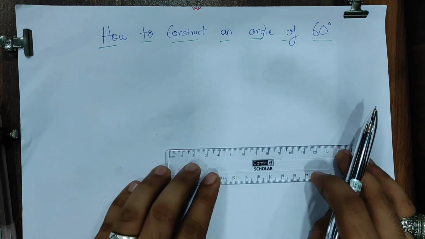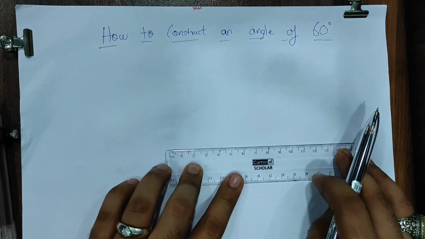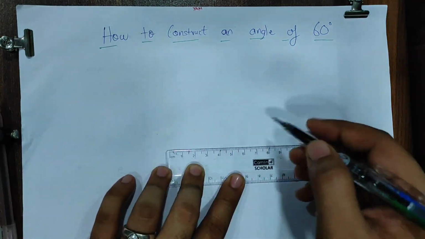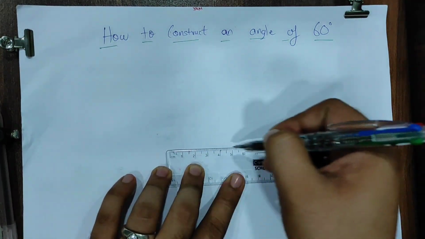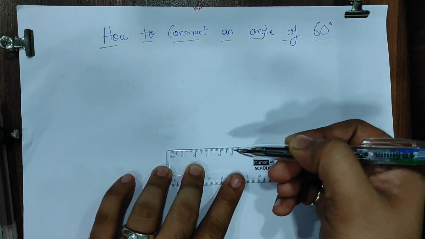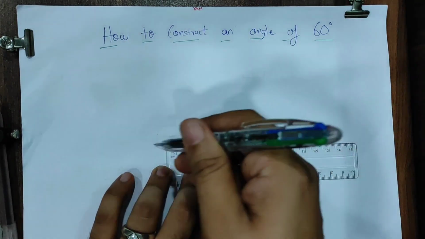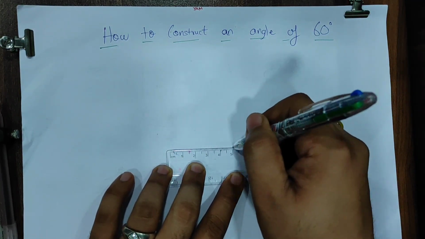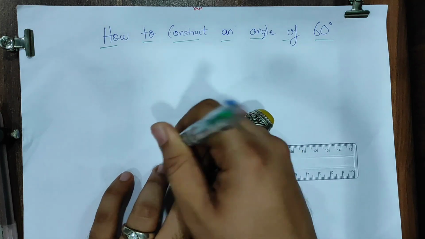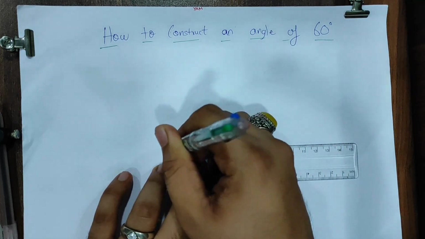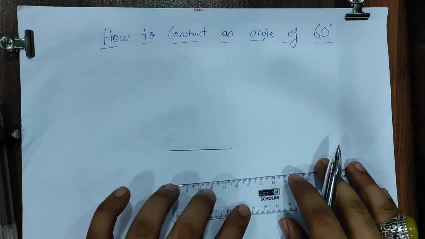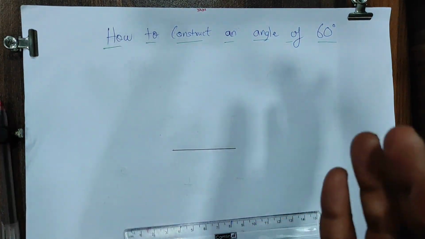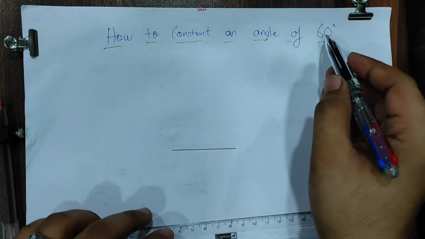You should always draw the lines on the ruled line. In your notebook you always have ruled lines. So whenever you draw the first thing, the base of any triangle on which you have to mark the angle, you have to draw the line on the ruled line, not in between the gap of two ruled lines. So I just took a random 5 centimeter. No measurements are given to me because I'm not constructing an actual triangle. I'm just helping out with how to draw the 60 degrees.